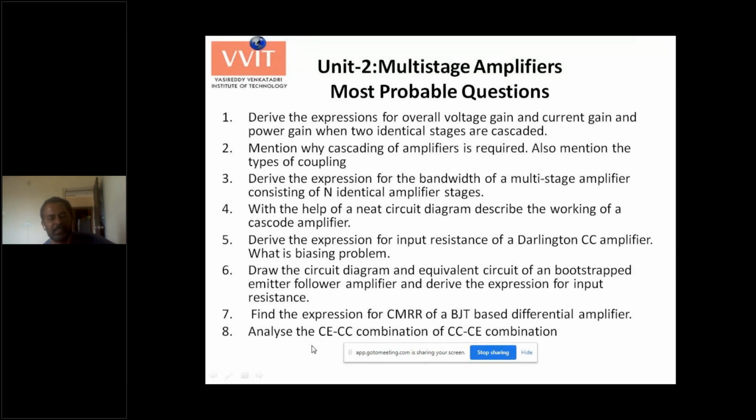And then you need to analyze. Sometimes you may be given a CE combination in an exam, where two CE amplifiers are cascaded. You may be asked to calculate amplifier parameters like current gain, voltage gain, input resistance and output resistance, and this can be done for CE-CC as well as for CC-CE. This is a truly analytical problem. Sometimes the general version is given, or sometimes a numerical version may be given. Fine. These are the important topics in multi-stage amplifiers. Apart from these, please work with those numerical examples we have solved in the classroom.